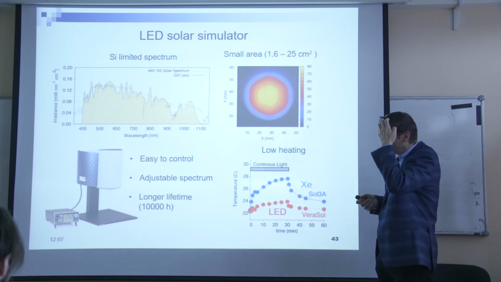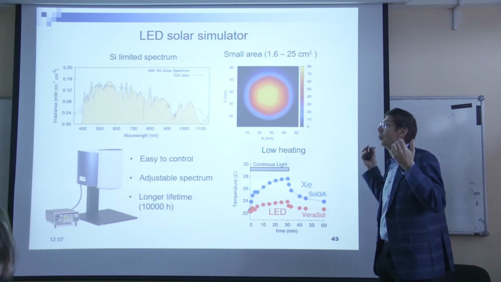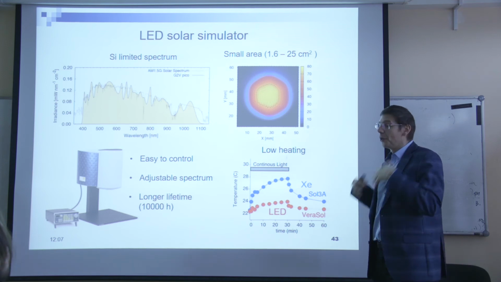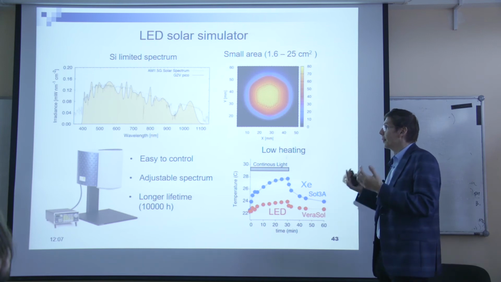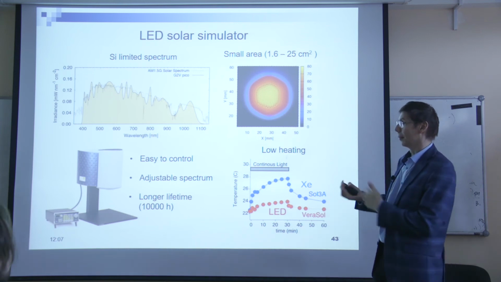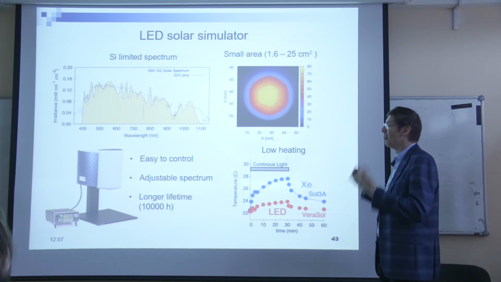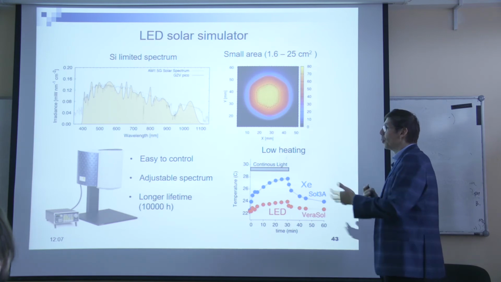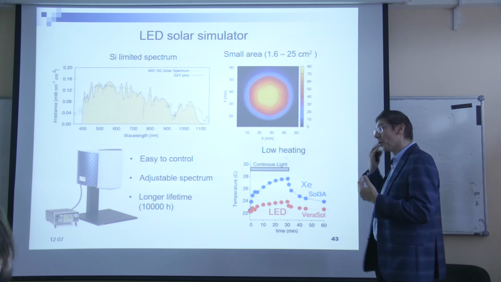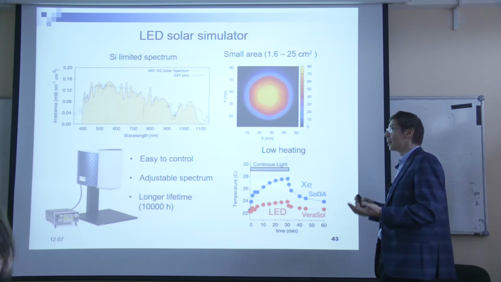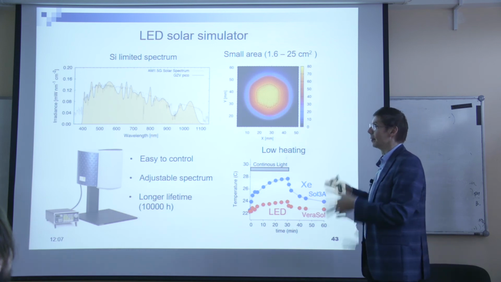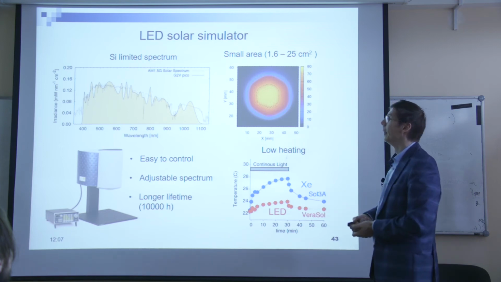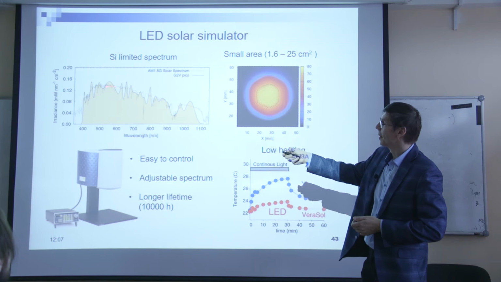Actually, it's a very nice idea, because you can find quite a wide range of LEDs, and you can even create yourself quite a simple circuit to control and adjust. Because now it's using electronics, it's quite simple to manage different sources of light. You can use different channels, and here you can see an example that